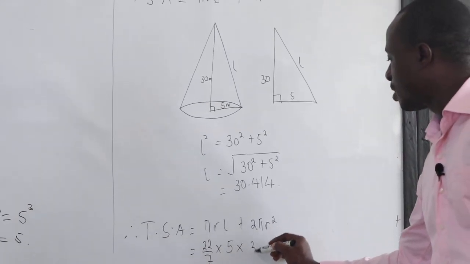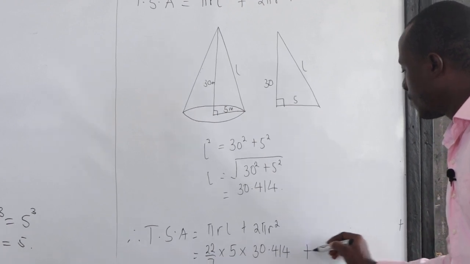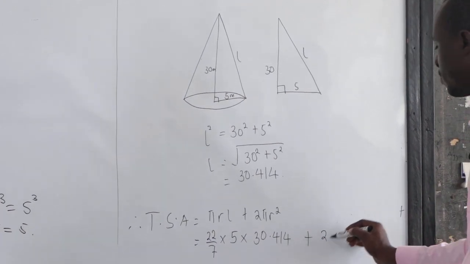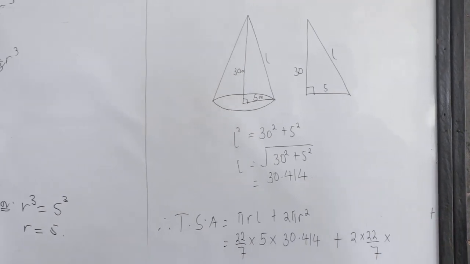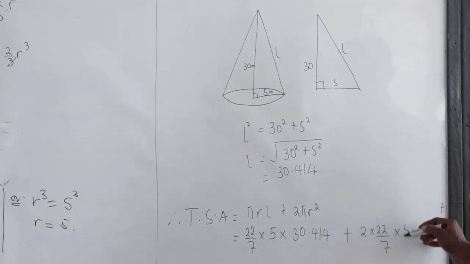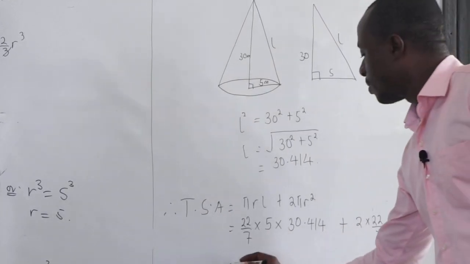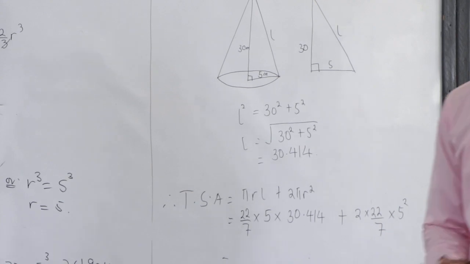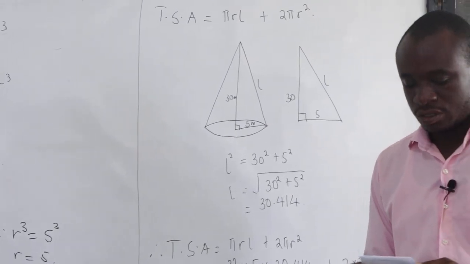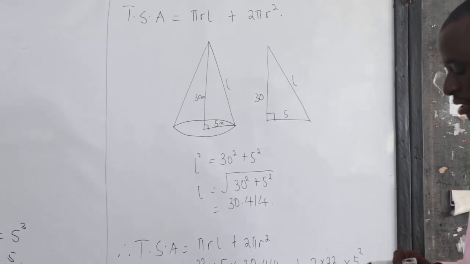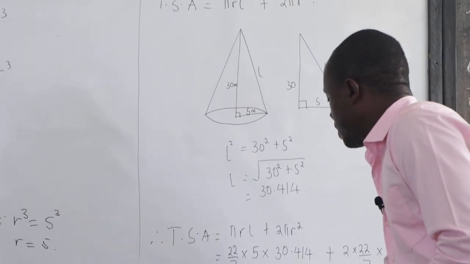We had it to be 30.414, plus 2. What is the pi? We have 22/7. What is the radius? That is 5. So we have to add the square. Now, we are allowed to use the calculator, and because of that, we have to punch on the calculator. So on the calculator, when we punch, we are getting